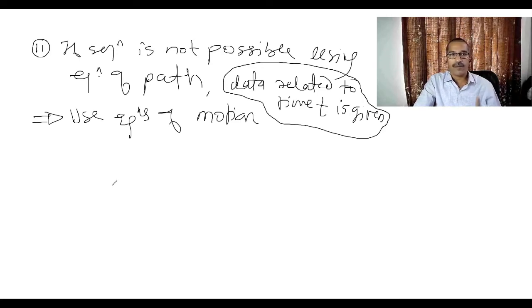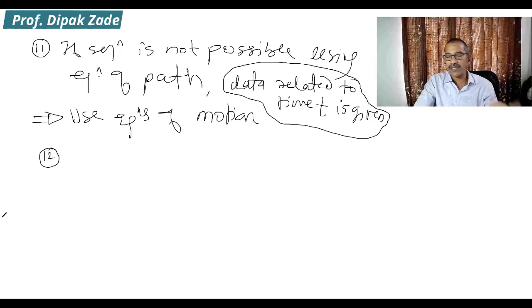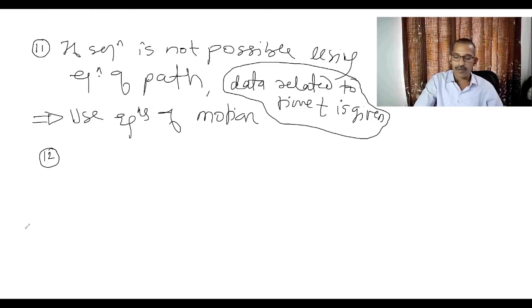Simple. First, the equation of path; if that's not possible, then the equations of motion. Normally a solution is possible. Sometimes the solution is not possible using the equation of path. Then we try the equations of motion. Normally in the equations of motion, if one quantity is unknown and the others are known, you can solve it easily. But if in each equation, as we go on substituting, we always get two unknowns, then the solution is not possible.